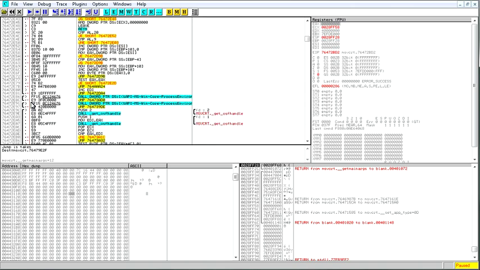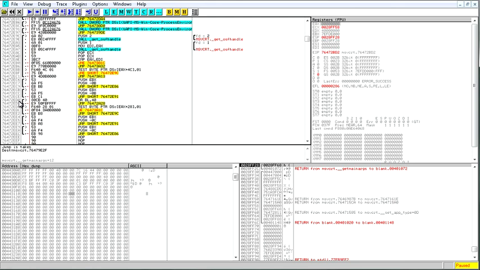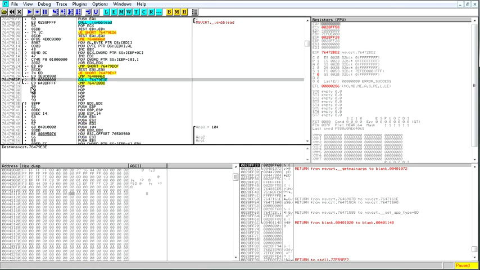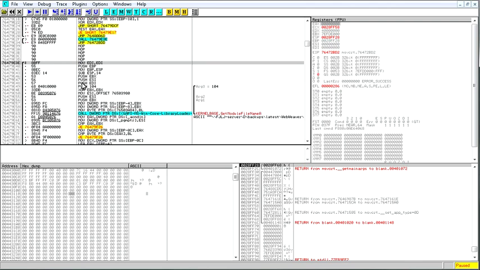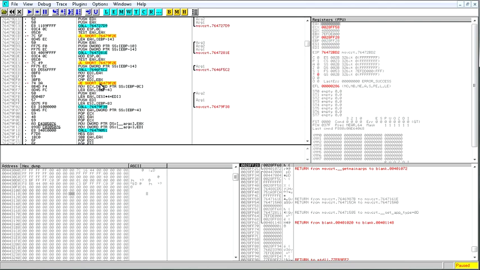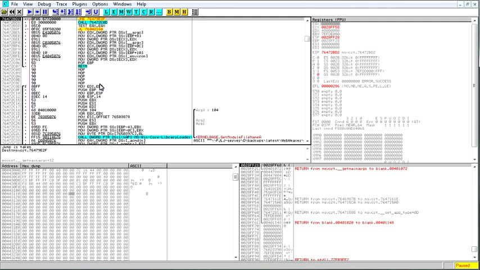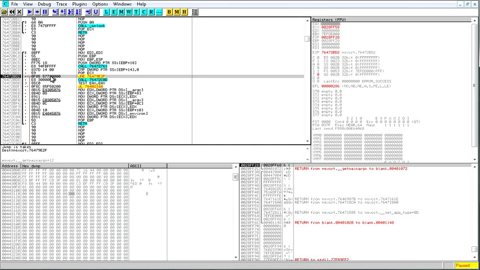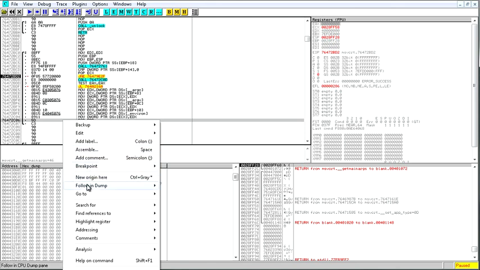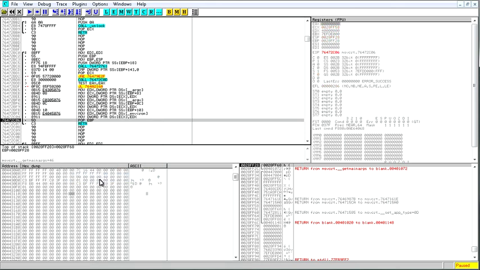We're following this red line, but we can just hit enter and it'll take us to the bottom. And it goes to a call, which calls here, and I don't want it to do that, so I'm going to cheat and set new origin here by right clicking and doing new origin here.